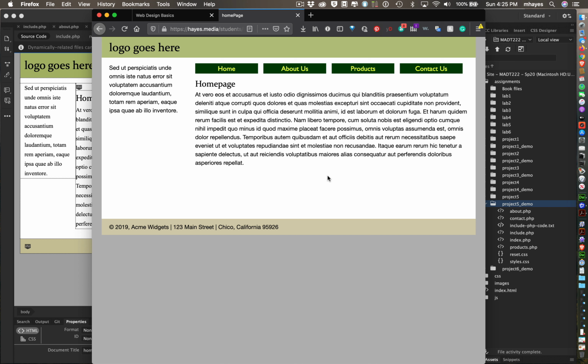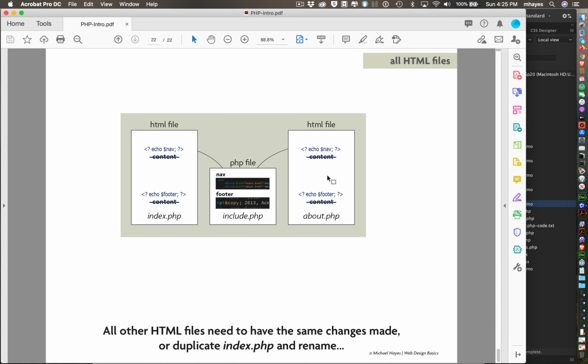Okay, now the last thing I want to point out to you is just to make sure we understand why we've done this. Okay, because sometimes partway through this, I have students go, this is a little confusing because I had my content here, I moved it over here and set it up so that when it loads, all it does is move it back again. Okay, so it seems like I'm just moving things around. So I want to point out again that the purpose of this is to centralize this content in this one central location. Put it right there in a common spot so that as the page loads, it grabs it